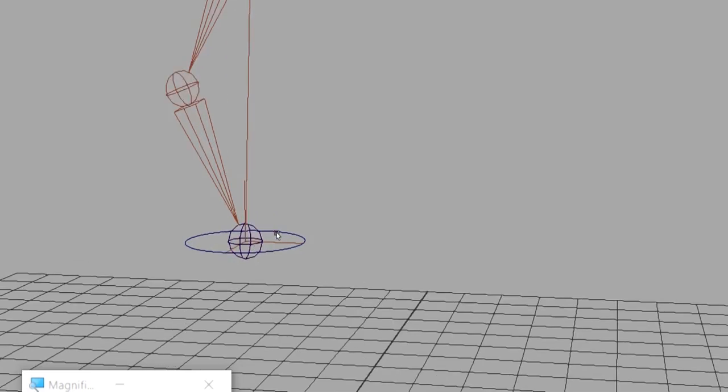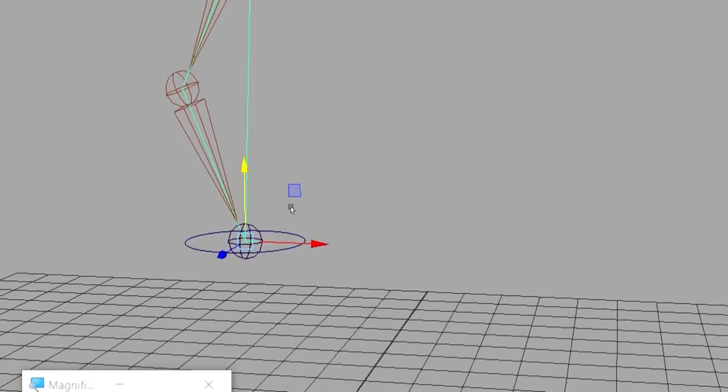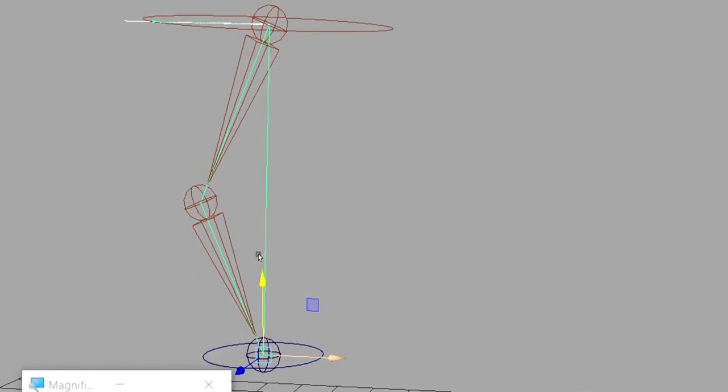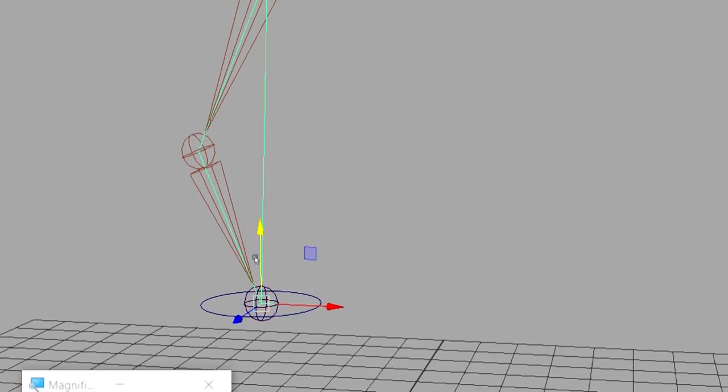Yes, good question. But still the IK handle takes effect only from here to here. Okay, from wrist to shoulder. It won't extend its influence over the next joint.